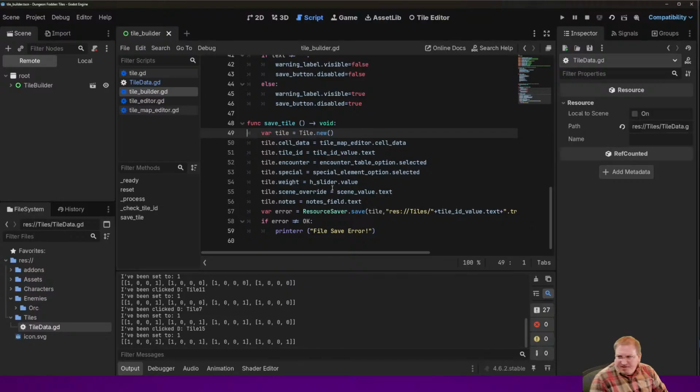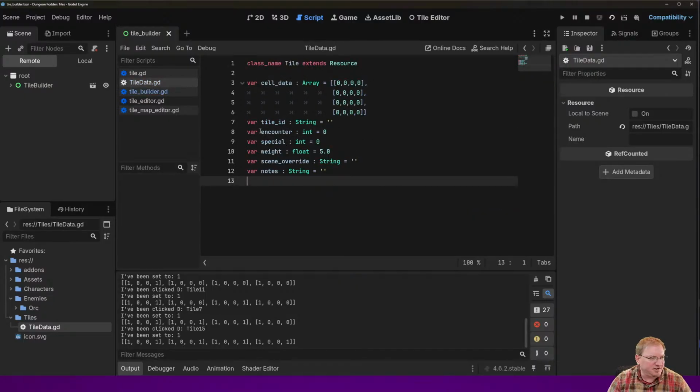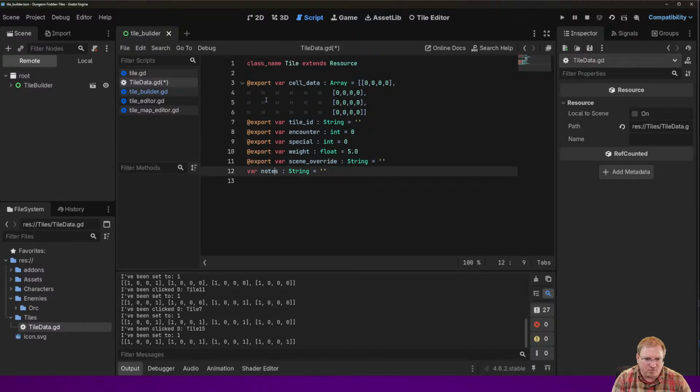Okay. I think I'm just being stupid. I think I figured it out. I think these in the tile data all need to be exports. I think that's the problem. I need these all to be exports, because if they're not exports, I can't save them in an editable way. Okay, so if I save that there, and we go back into our tile builder,